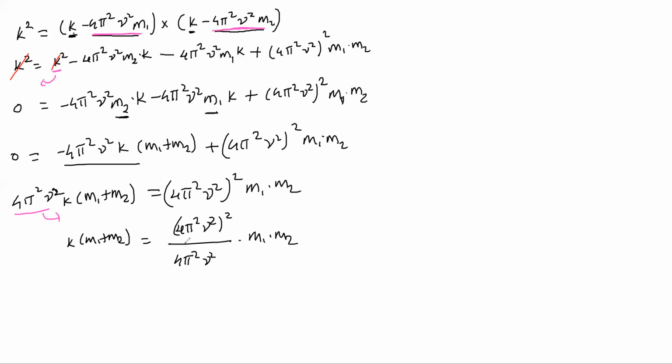Now the denominator and one numerator will get cancelled out. So finally the equation will be k times m1 plus m2 is equal to 4 pi square mu square in bracket m1 times